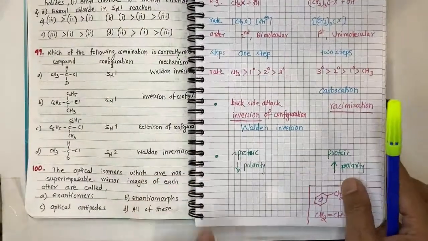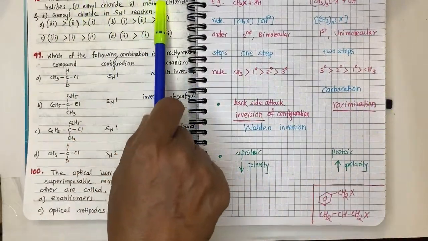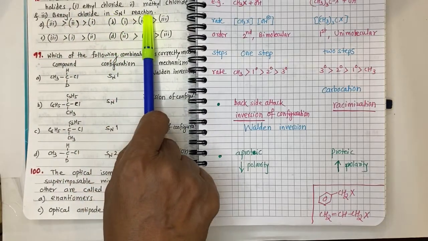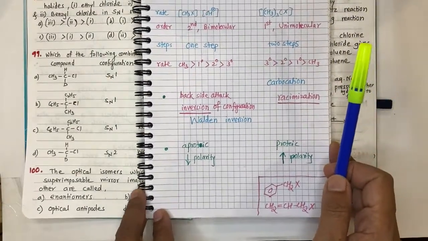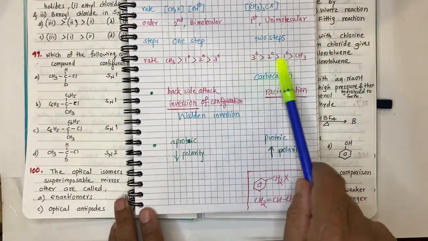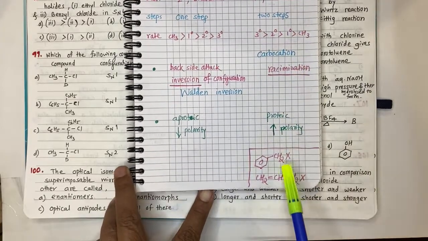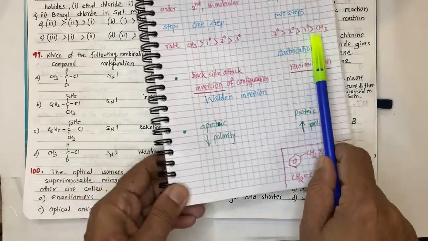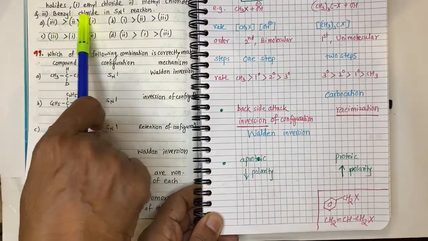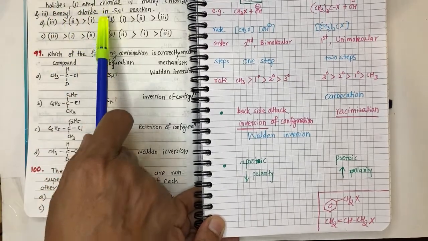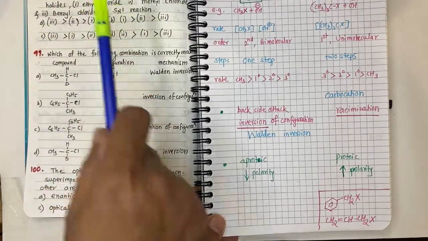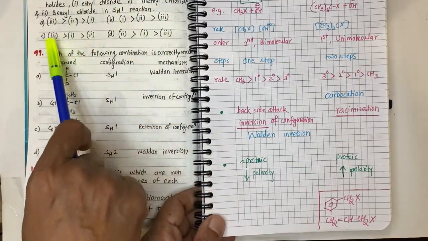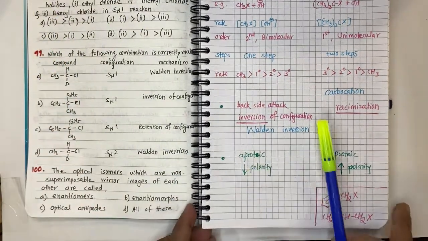Okay. Next one. The correct order of reactivity of the halides for SN1. Now for SN1, you know that benzylic and allylic halides are more reactive than the primary. Now find out here, benzyl, therefore it is more reactive. Then primary, out of ethyl and methyl, ethyl is more reactive, therefore sequence is 3-1-2. This is the answer. Okay, next question.